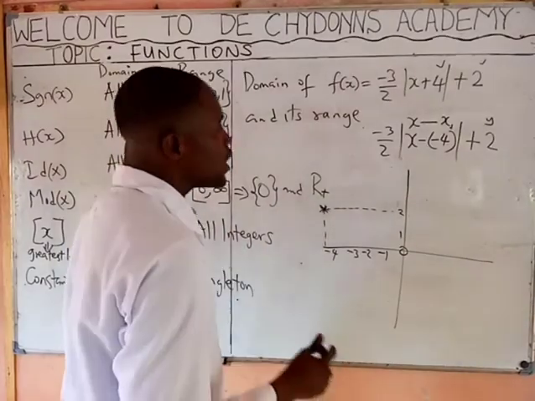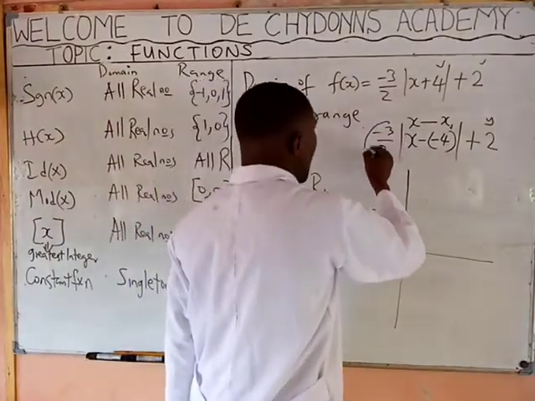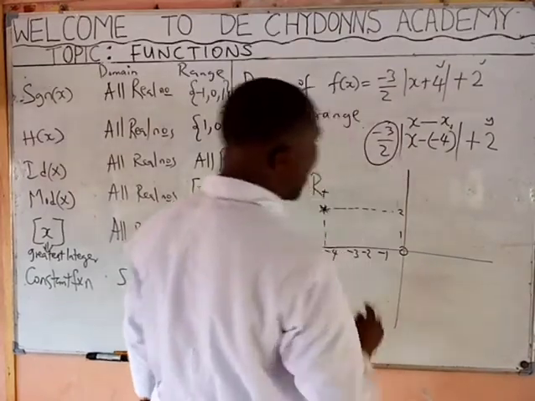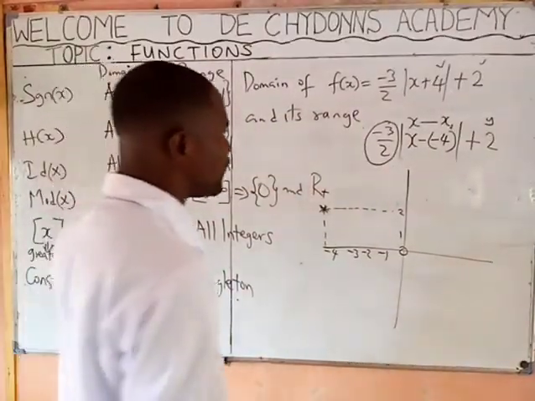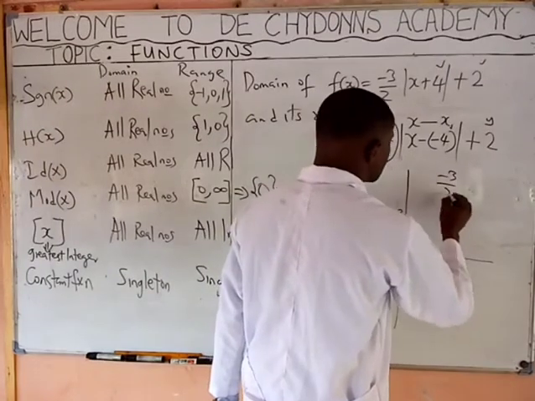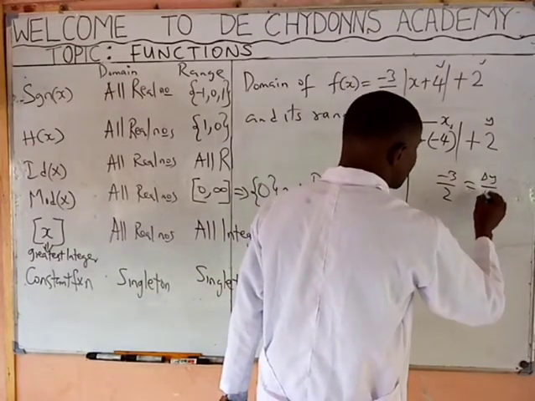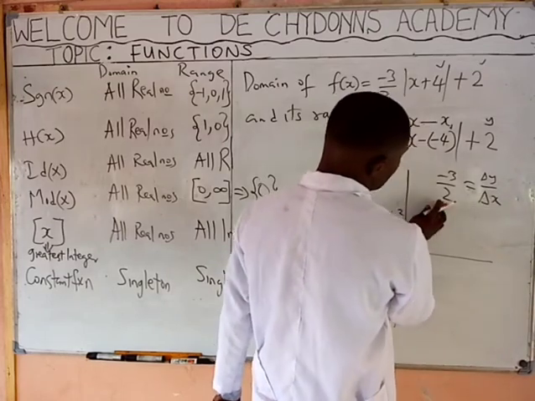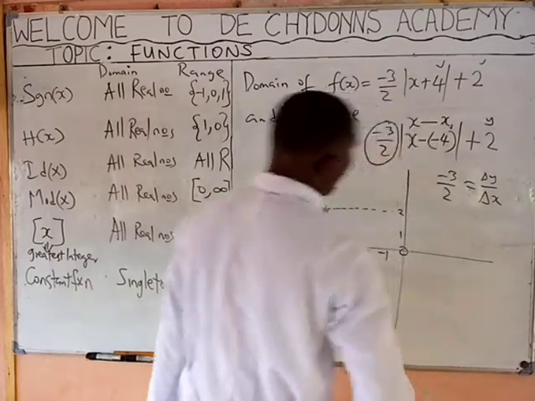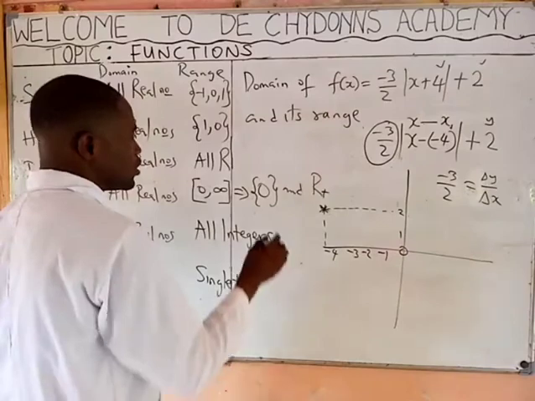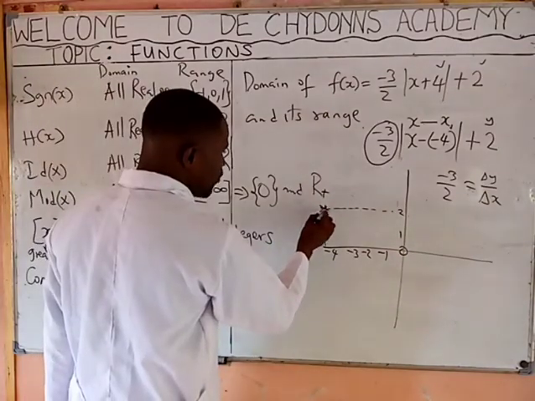Now, how do we know your slope? This will help you to know the slope of your graph, how your graph will move. Minus 3 over 2 is like saying change in y over change in x, where this will be your x and this will be your y. Now, how do we do it? From this point of intersection,